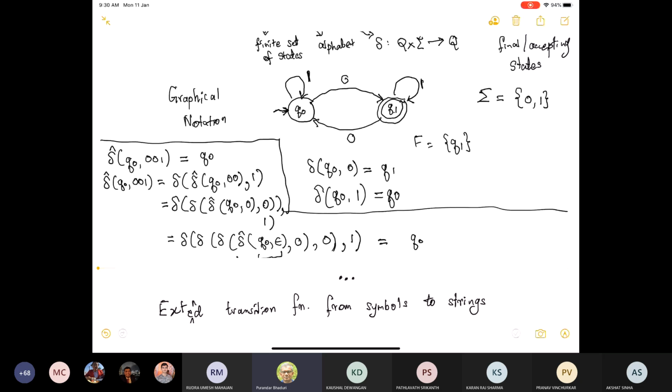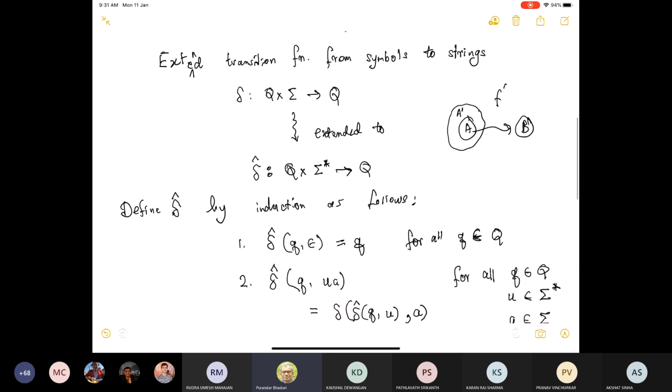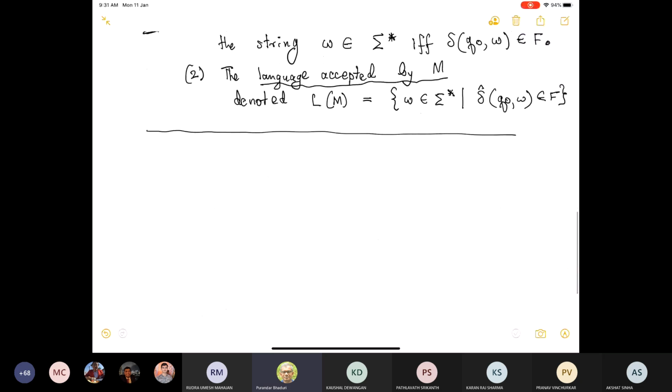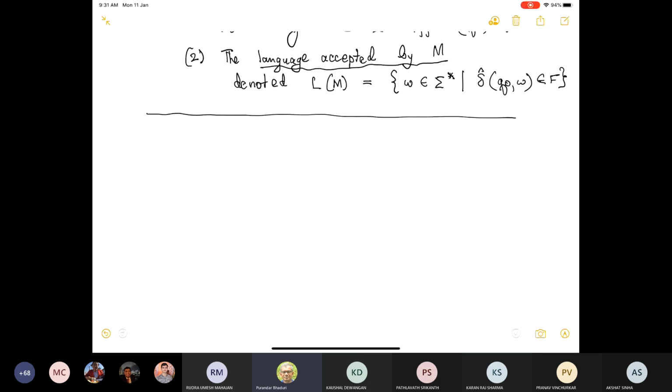Let me give other examples which have easier descriptions in English. But before we do that,